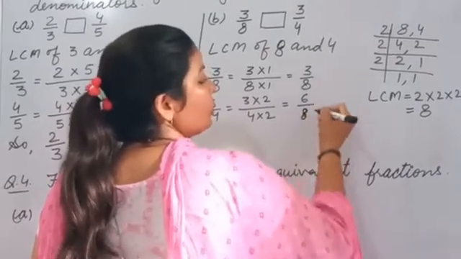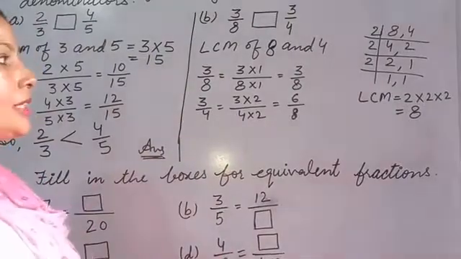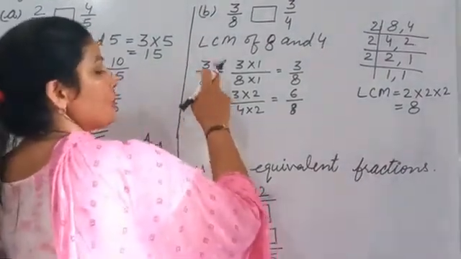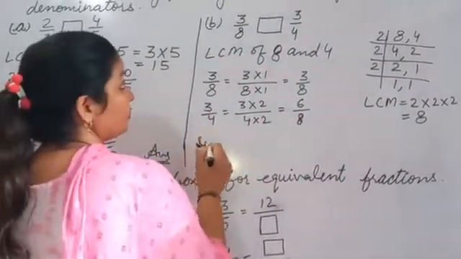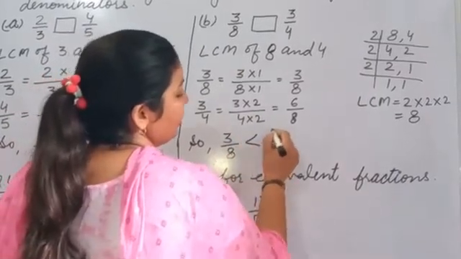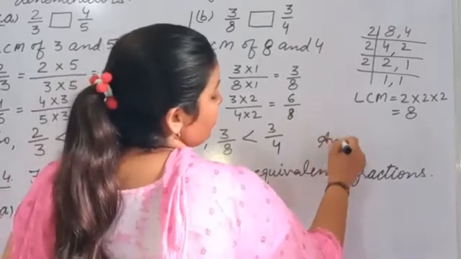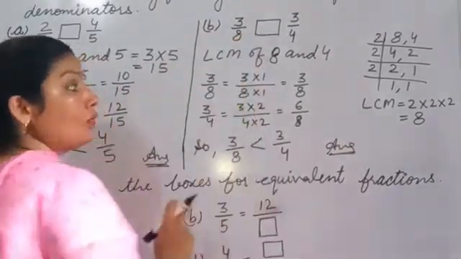Okay. So now we compare the numerators. There is 6, there is 3. So which is big? 6 is big. So that means the second fraction is big. First is small. So 3 upon 8 is less than 3 upon 4. That's your answer. आपको जो आंसर में राइट करना है वो आपको रियल फ्रैक्शन जो है वो ही राइट करनी